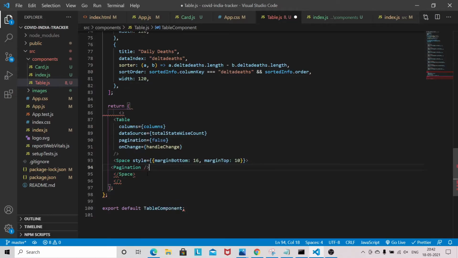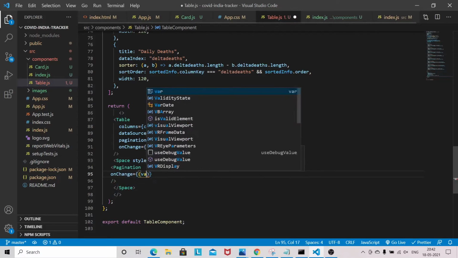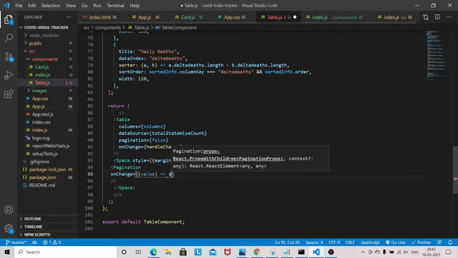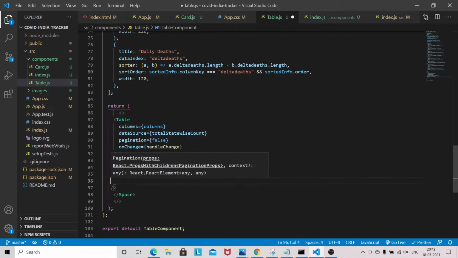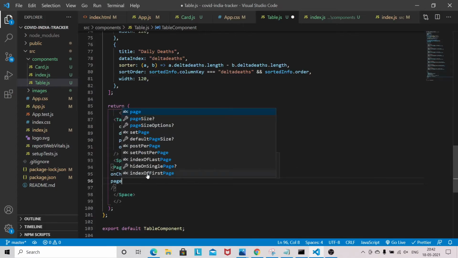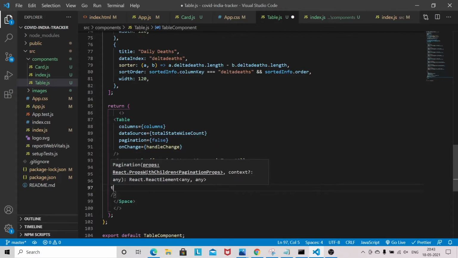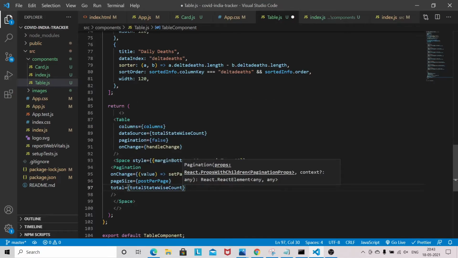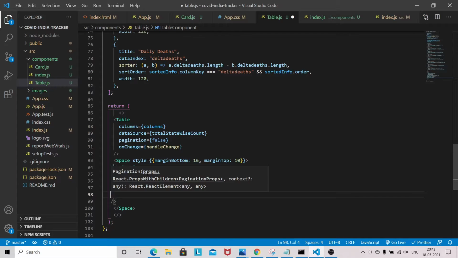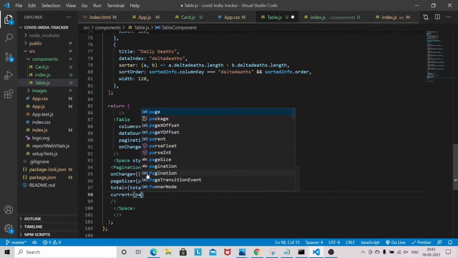Pagination, onChange, postPerPage, total state array length, current page.